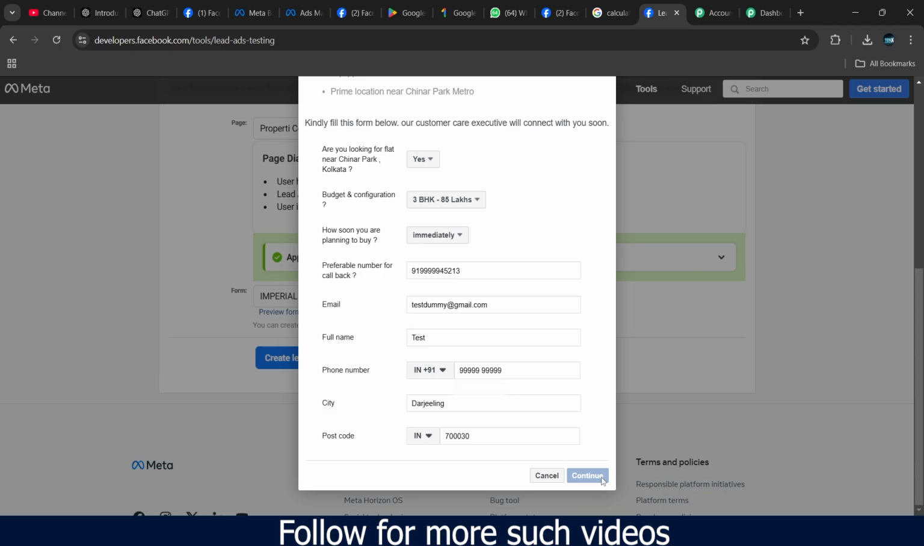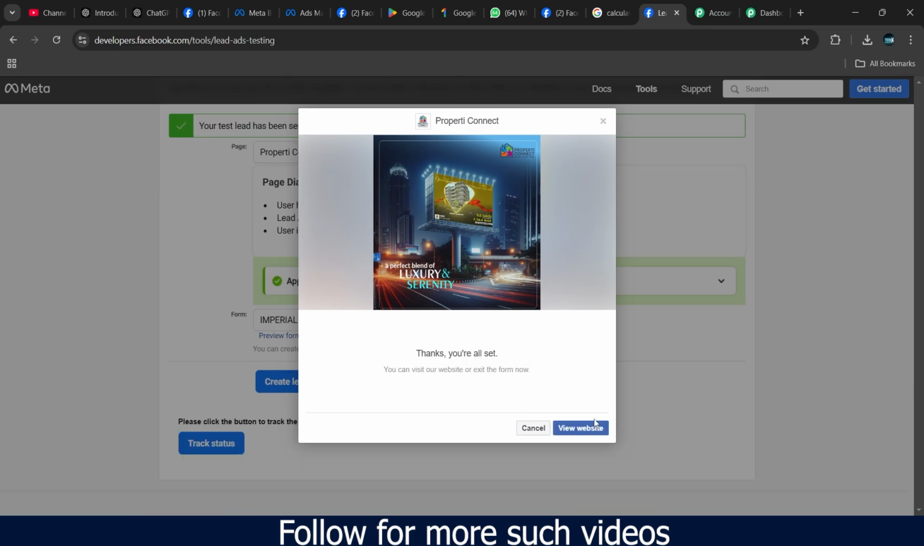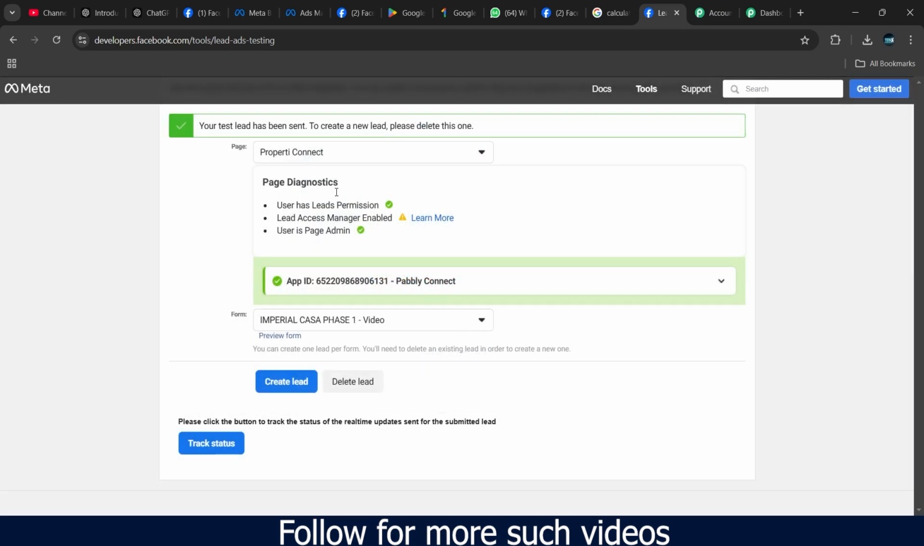Just give it some time. After that the page will appear, and just submit it. Once you click on submit, a green tick will appear on the back. Just cancel and close it. So your test lead has been submitted, and a lead has already been created. I'll go and check